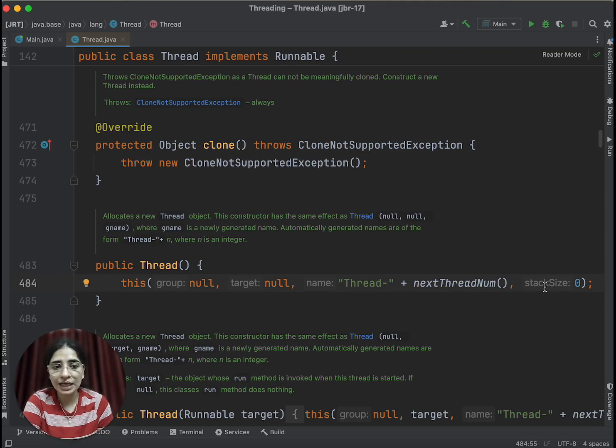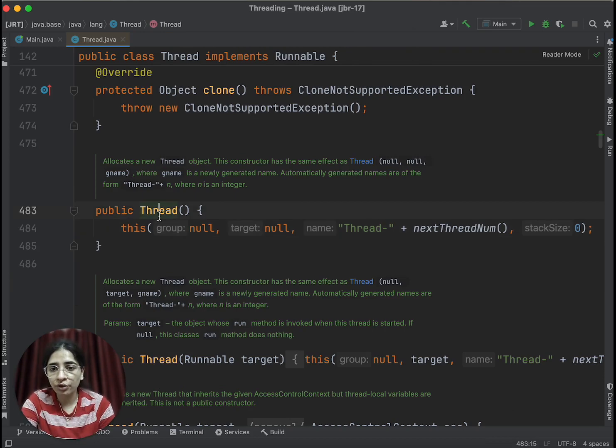The stack size is basically how much space you want to allocate to this current thread. If you are passing 0, that doesn't mean that the stack size is 0 or the space allocated to this thread is 0, but it means it is calling some constructor internally. That's how you can create an object of the Thread class without passing any parameter.